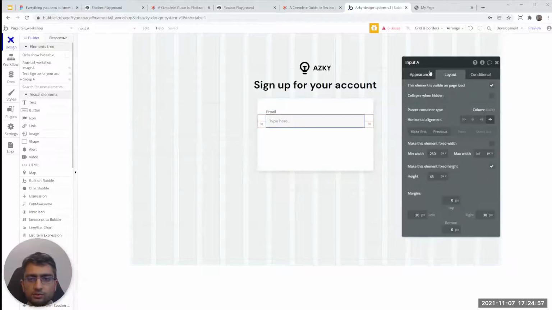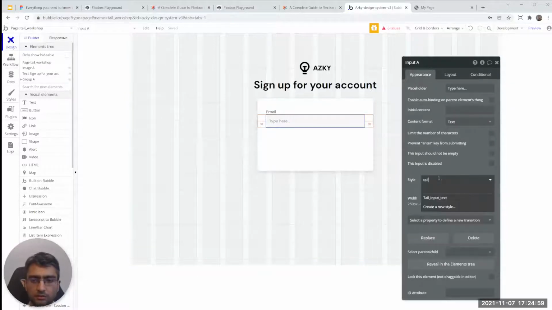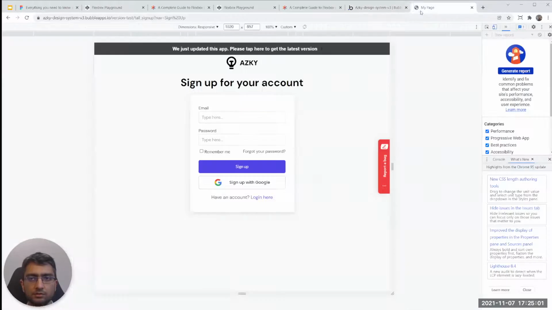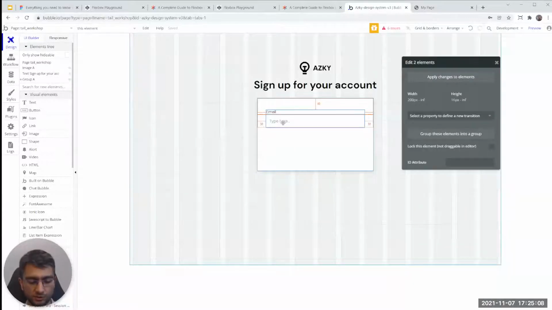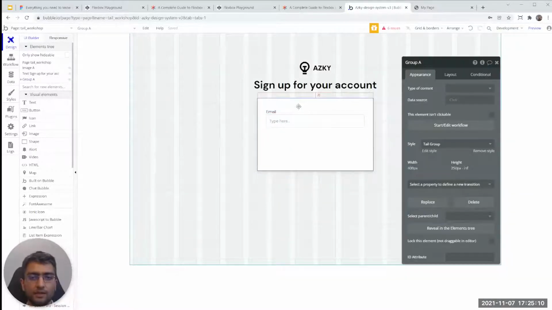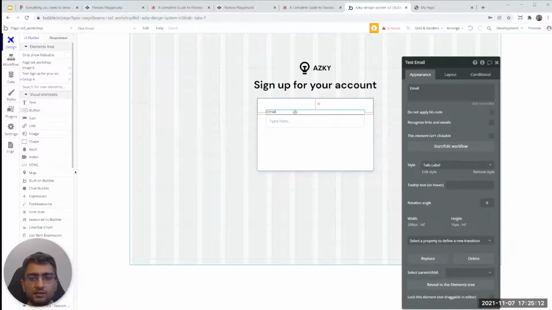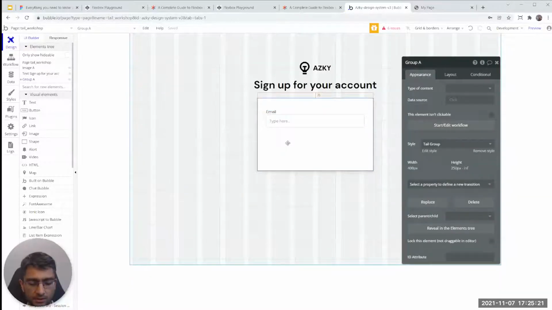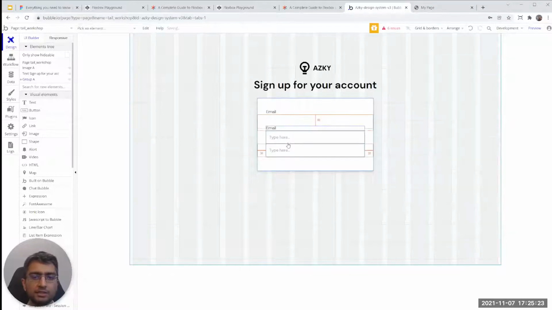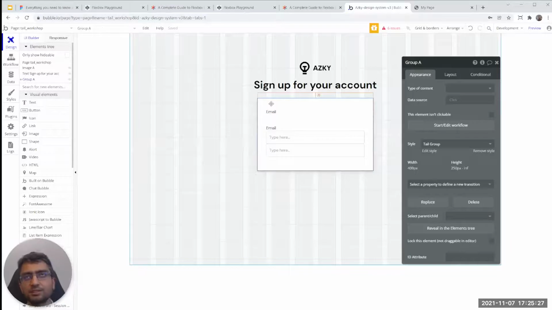Okay, so let's see, we are at email, type here, and we need password. Now, this is where things start getting interesting. If I want to copy paste, I can click the email input element, copy. Now I'm going to click in the group and press Control V to paste here. It did mess up a little bit, but previously,